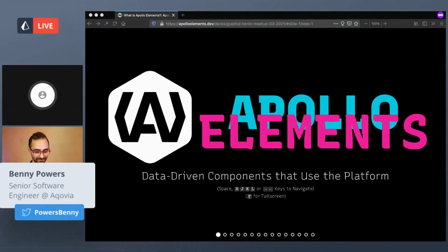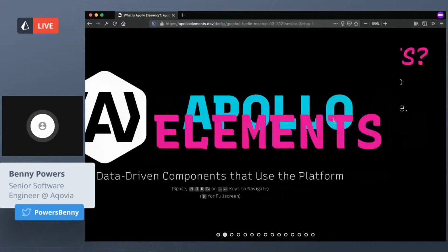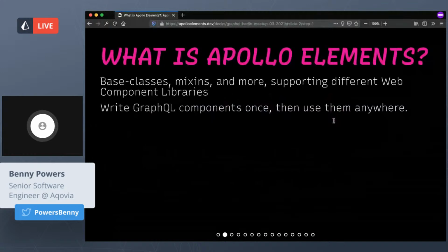Okay, so let's try this again. And thank you, everybody, for your patience. So we're talking about Apollo Elements, which is a JavaScript library for the front end that implements web components that use GraphQL. So basically, we have base classes, class mix-ins, and other kinds of helpers that support using different web components libraries. What that means is that you can write a GraphQL component once and then use it anywhere in any different